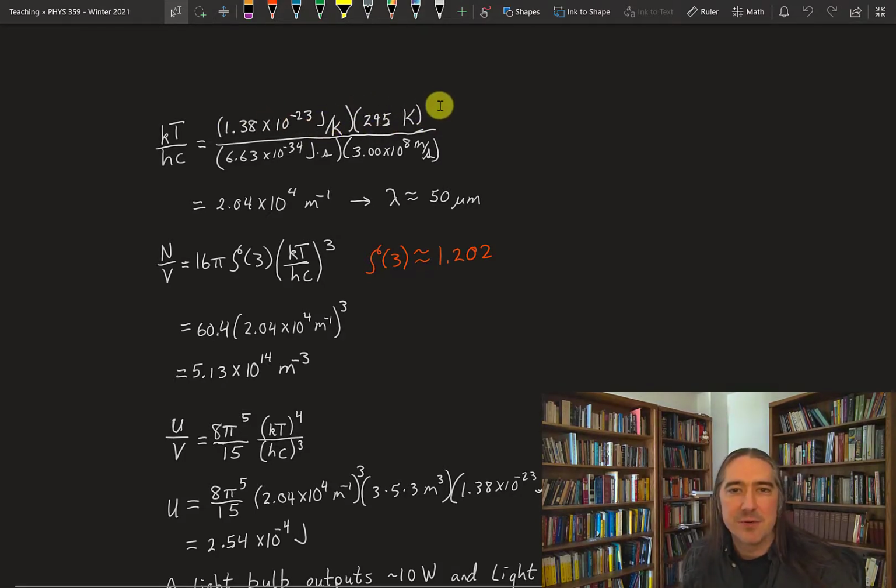EVs weren't going to help me out here. And Planck's constant, speed of light, just do the arithmetic. This is 2 times 10 to the 4 per meter. If I invert that, that gives me, again, a very rough idea of the kind of wavelengths that are near the peak of the Planck spectrum. It actually turns out, when I invert this, I get lambda is about 50 microns. Turns out the peak of the Planck spectrum is like a third of this, so 15 to 20 microns.